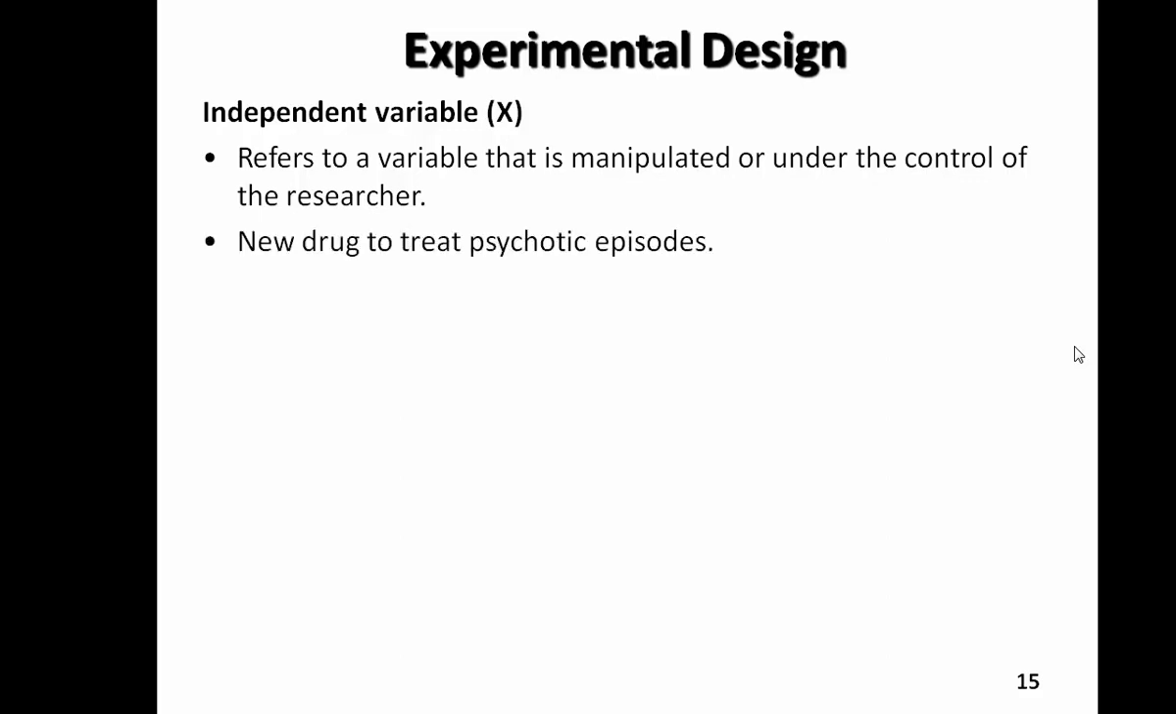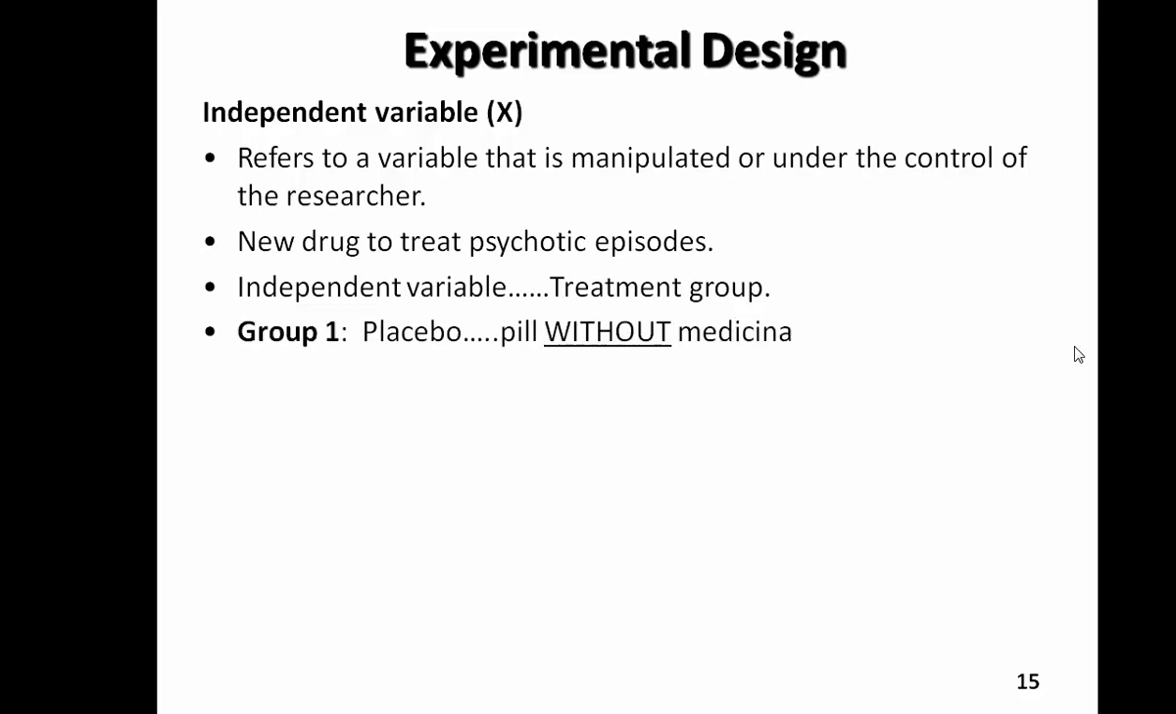So one such example is if a group of researchers wishes to evaluate the effectiveness of a new drug to treat psychotic episodes. And in this type of research design, the independent variable would be the treatment group, where research participants, or in this case patients, under the care of a physician or a psychologist, would possibly undergo treatment with this new drug. As part of the experimental design, a basic approach here would be to identify one group of